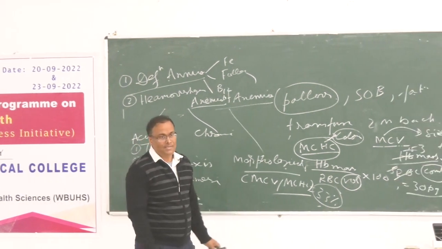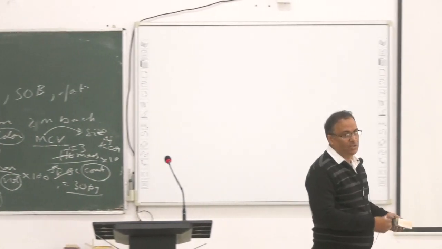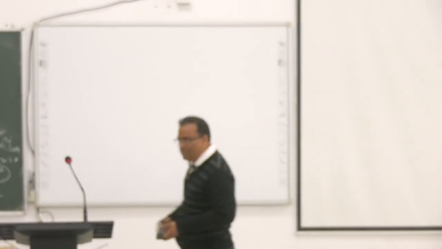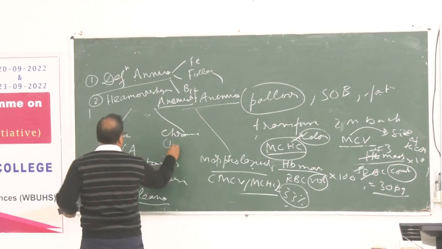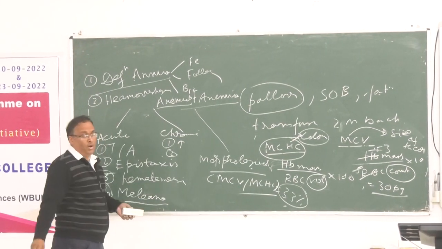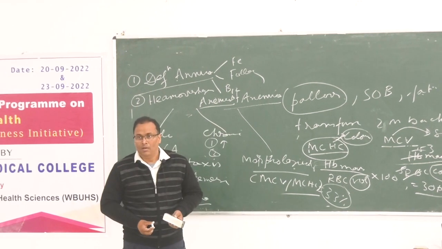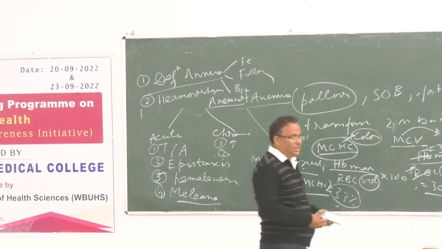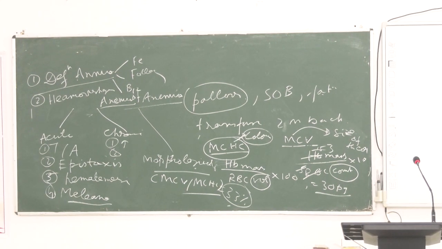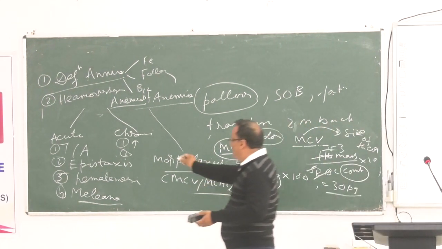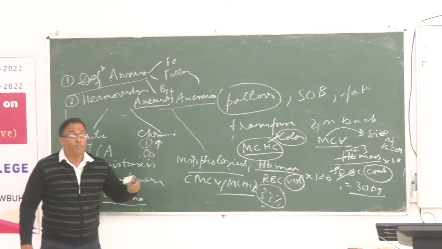Now chronic. It means excessive menstrual bleeding that may happen in every female patient, any age group, up to 45 years of age. Excessive periods, number one. Number two, postpartum hemorrhage, also acute and chronic. This is mainly the acute condition. Chronic means excessive hemorrhage in case of excessive periods.